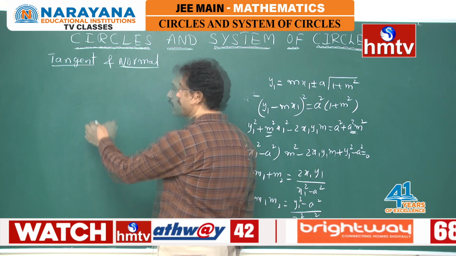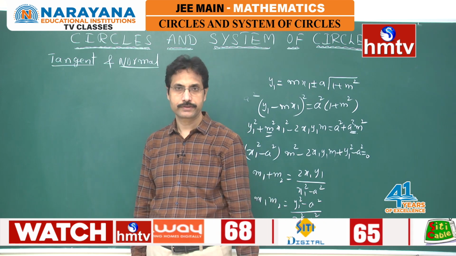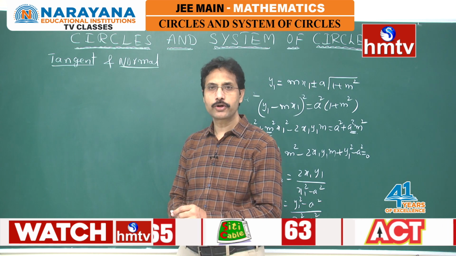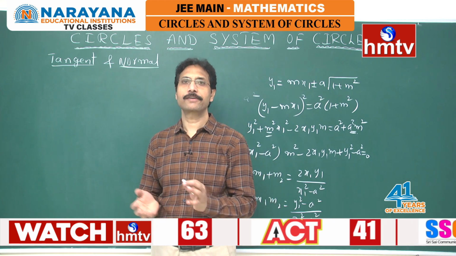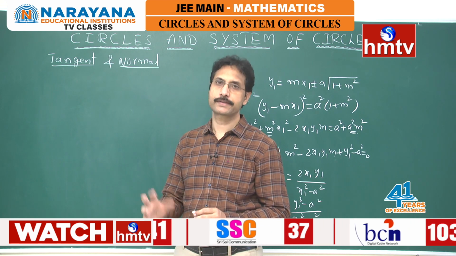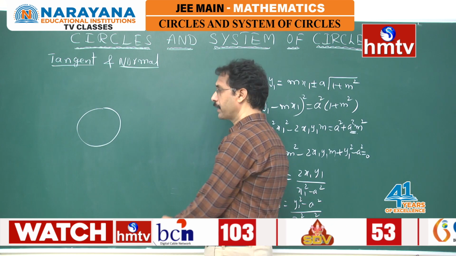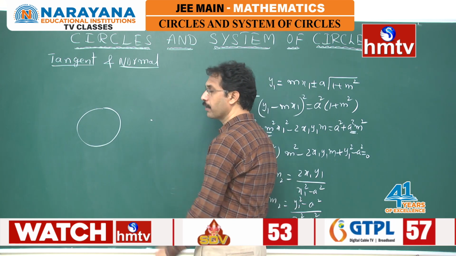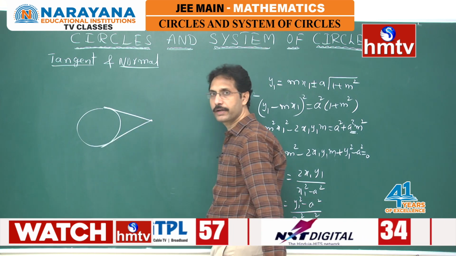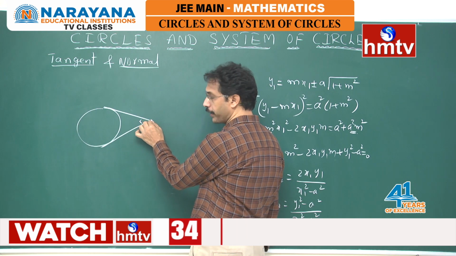That means here, see, the locus of the point of intersection of perpendicular tangents drawn to the circle always lies on a circle, which is called the director circle. Suppose a circle is given like this. From an external point, as I already said, we can draw a pair of tangents. If I draw the pair of tangents like this, in such a way that they are perpendicular, then all such points,